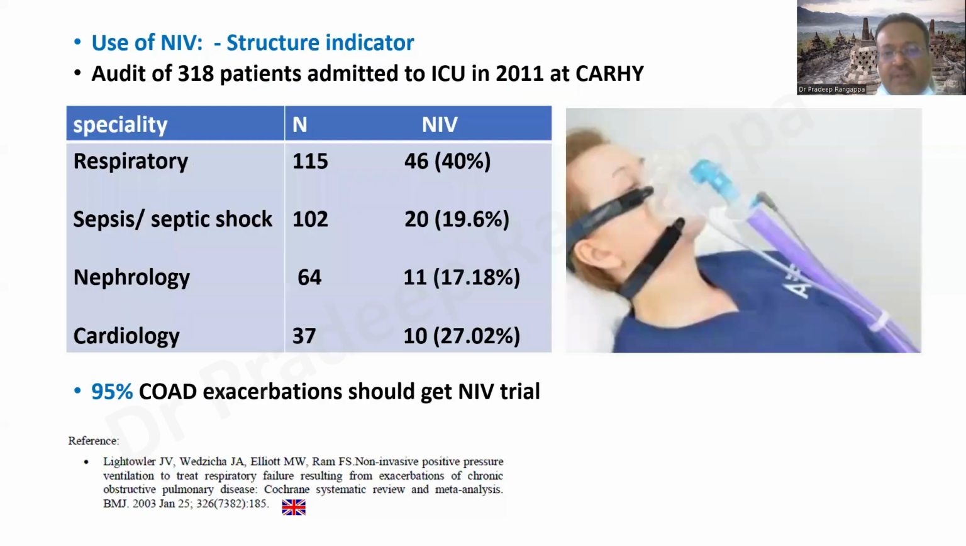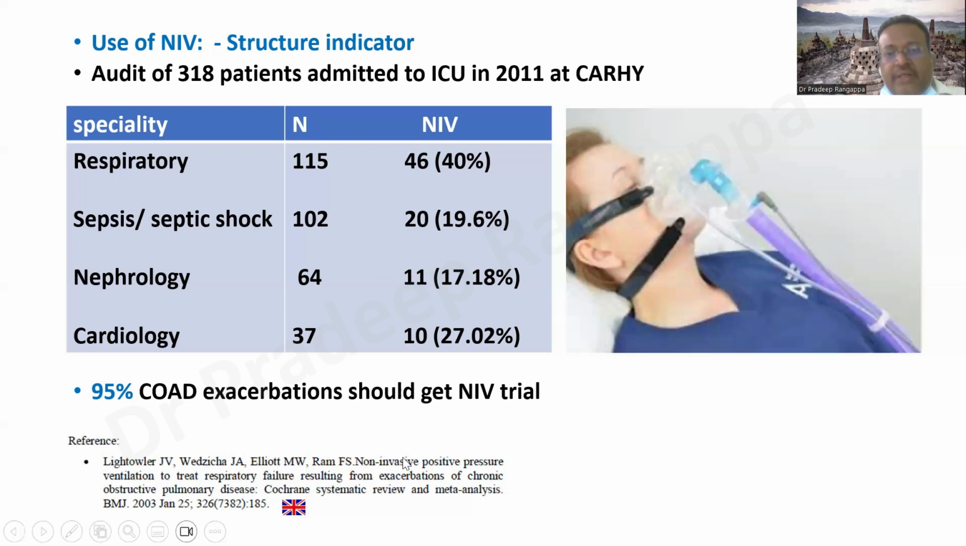So what is most important is the use of NIV in COPD. This is very important, it is a quality indicator. Every patient who comes to ICU with COPD exacerbation should be given a trial of NIV. As you see, 95% of COPD exacerbations should get an NIV trial, which is a quality indicator. If you are not providing NIV and jumping to intubate without a trial of NIV, it is a breach in the